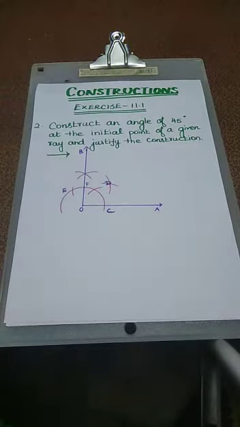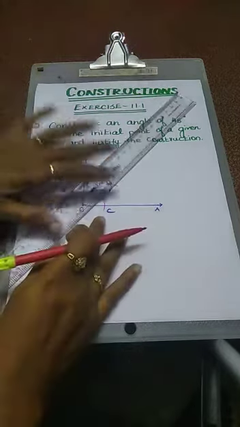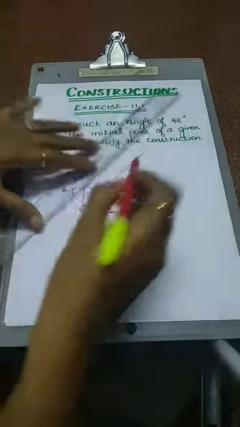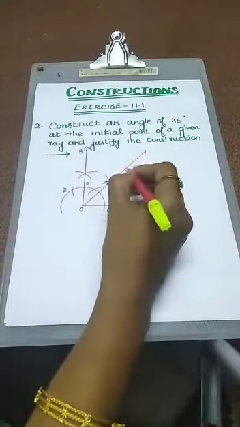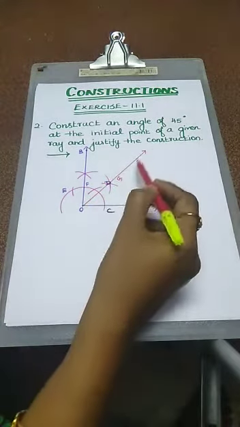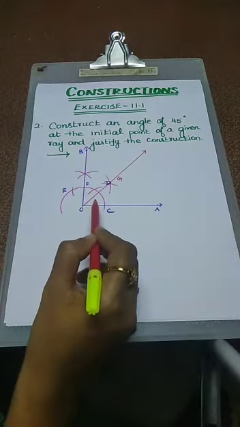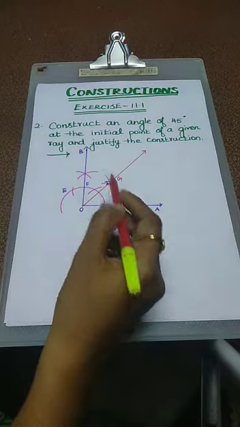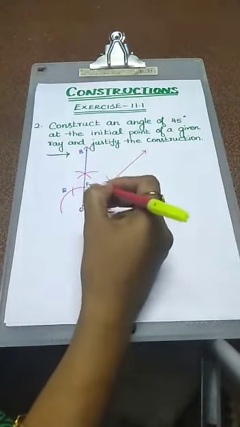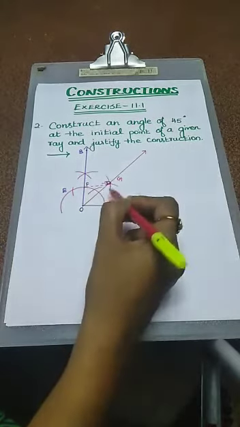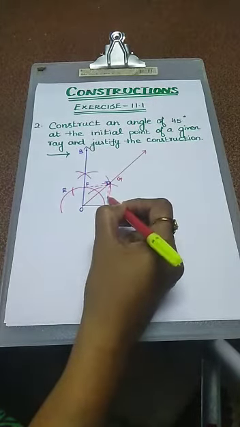Now these two arcs meet at one point. Join the point. Give some name, this is G. Okay. Now we get GOA. This is 45 degree. For this we have to make some construction also, because we are going to justify the construction. Now we just join FG and GC.